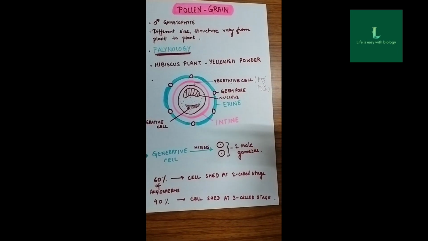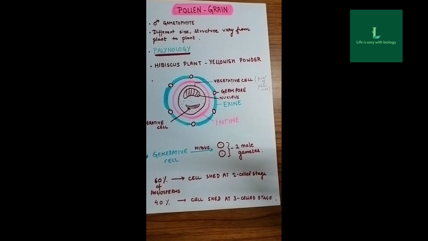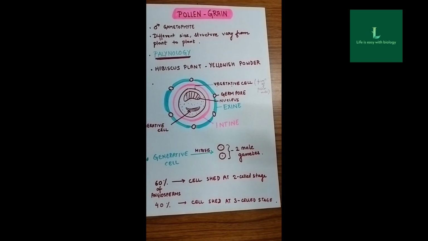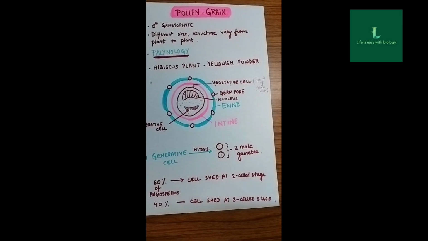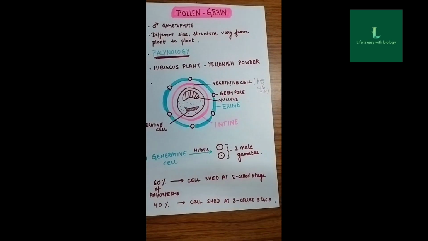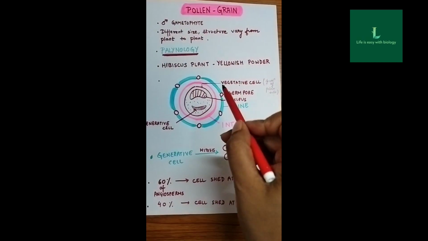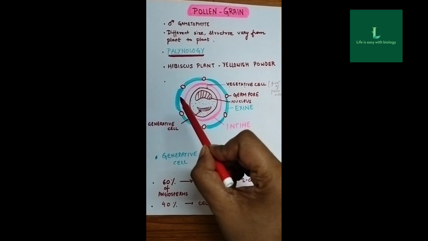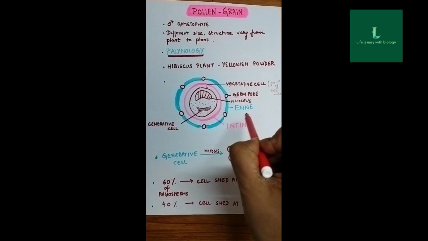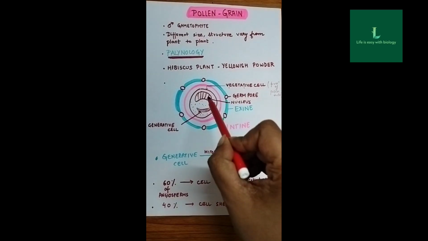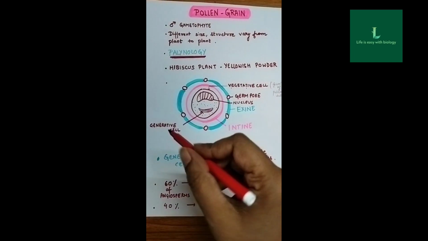goddess Durga. In that flower, you can easily see the anther, filament, stigma, style, and ovary very nicely. The yellowish powdery substance present on the anther is the pollen grain, easily observed through the naked eye. When this pollen grain is observed under the microscope, such a structure is seen. The pollen grain has two wall layers. The one I have drawn with a blue line is called the exine, the outer wall, E for external. And the one which is thin and continuous is called intine.